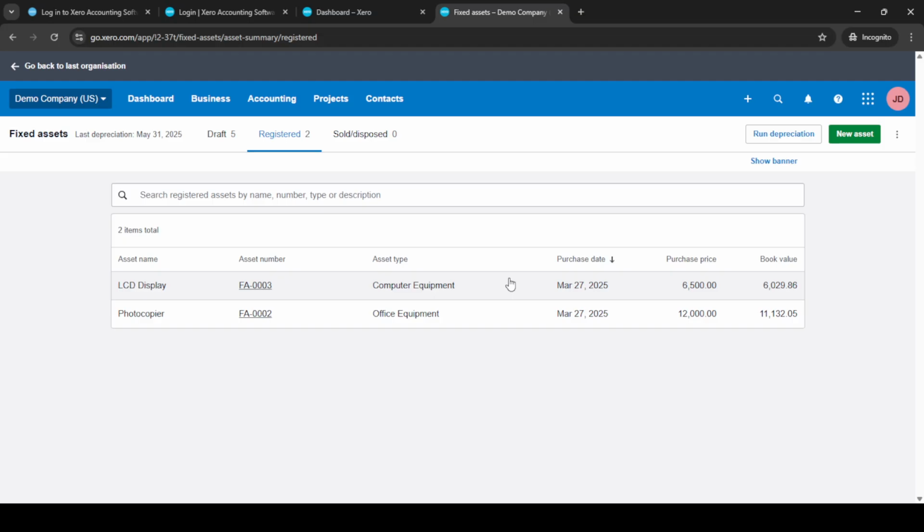There you have it, a straightforward approach to adding depreciation for fixed assets in Xero. By following these steps, you'll be able to maintain accurate financial records that reflect the true value of your assets over time. Remember, consistently updating your depreciation